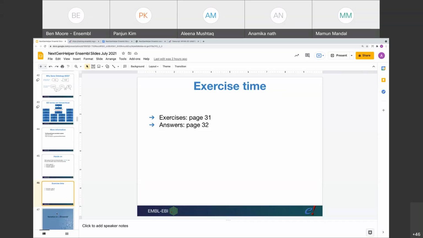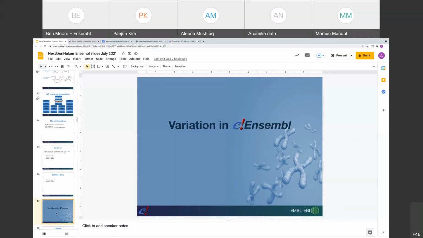Tomorrow, we're going to focus on variation data in Ensembl, and I will speak to you about where we import our variants